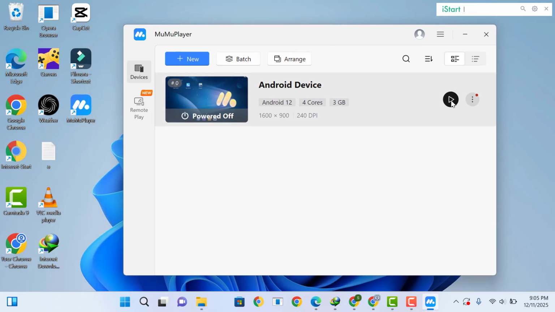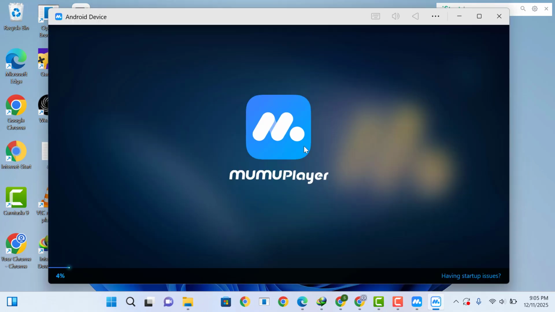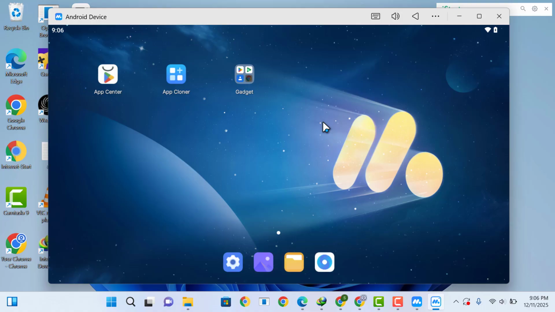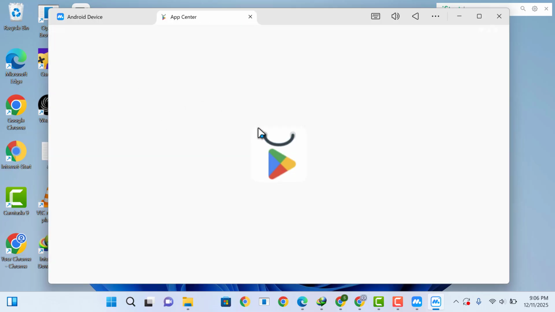Now simply you can go and click on play button to start the Android variant. Here you can see now it will take few seconds to start. And here you can see this one looks like mobile layout. Here you can go to App Center,